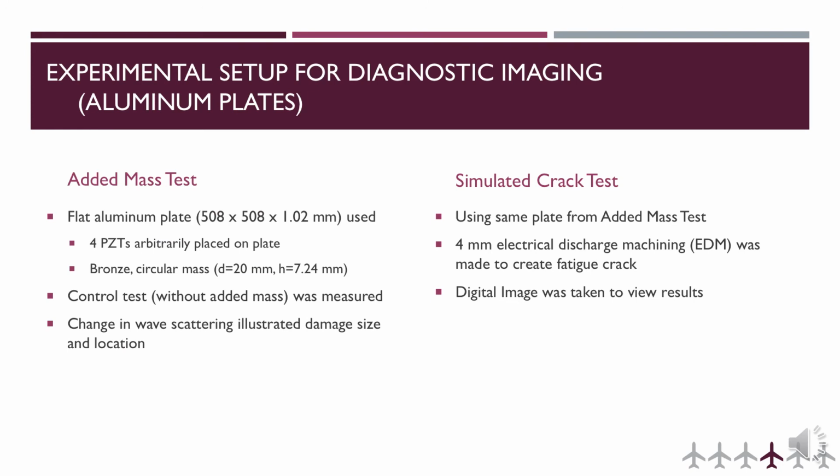The experimental setup for the added mass test on the aluminum plate involved 4 PZT sensors arbitrarily placed anywhere on the aluminum plate. First, a control test was implemented to have a base measurement of how the waves interact with the material. Then, a circular mass made of bronze, with the dimensions shown, is bonded to the center. The test is then repeated, and the change in wave measurements created a visual to highlight the size and location